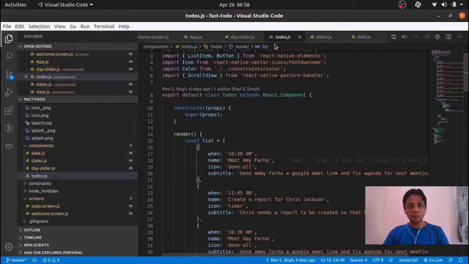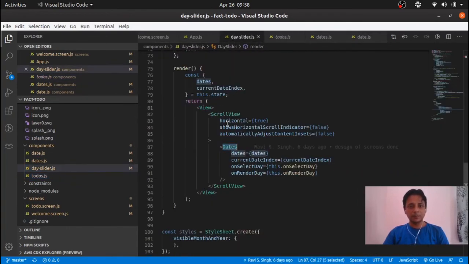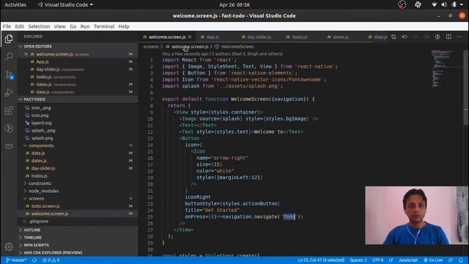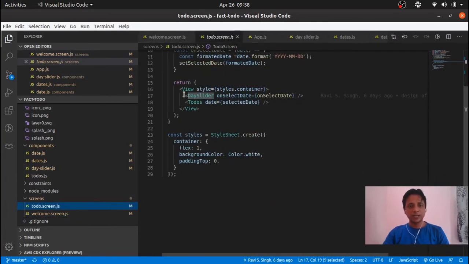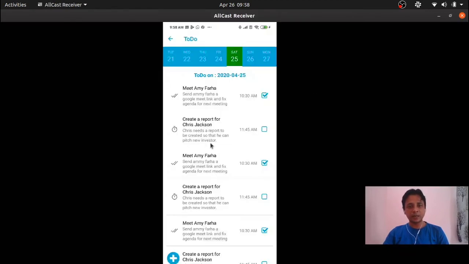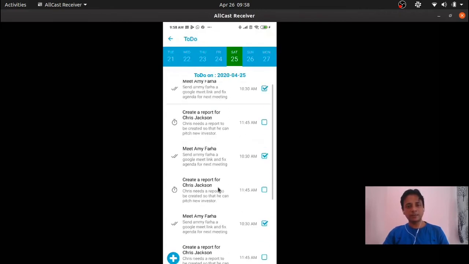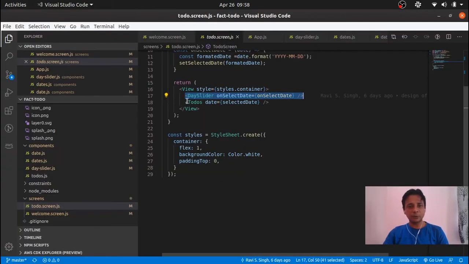So the to do part. I'm coming back to that particular screen where all these to dos have been, sorry, the welcome screen, which was another screen, that is the to do screen. So this slide is basically responsible for this, and this to do section is another component which is again straightforward.